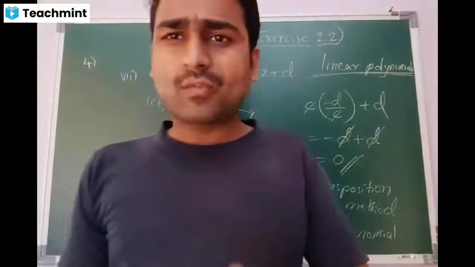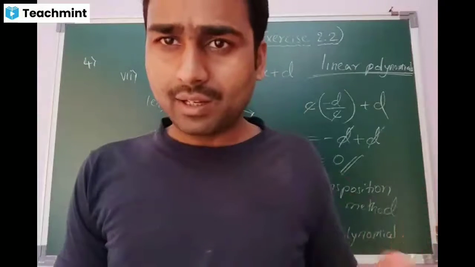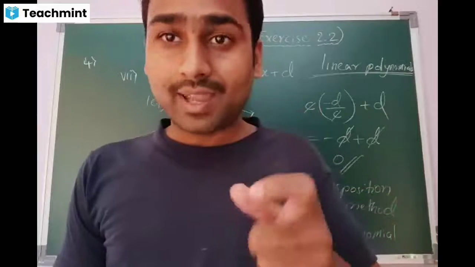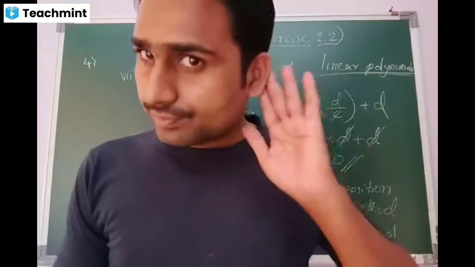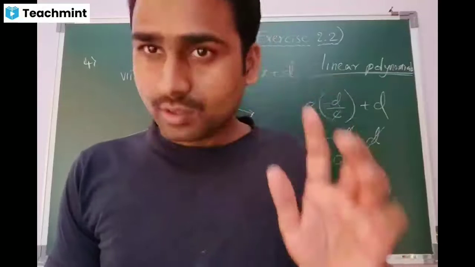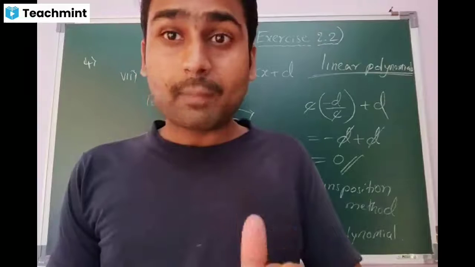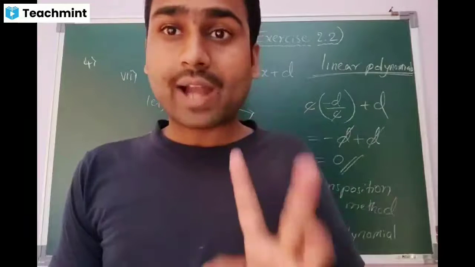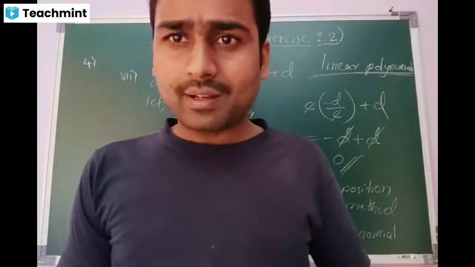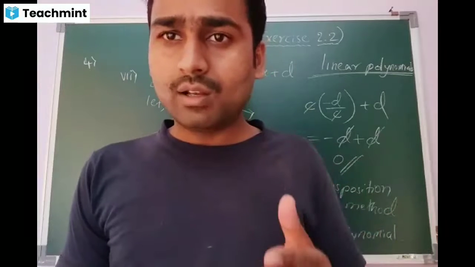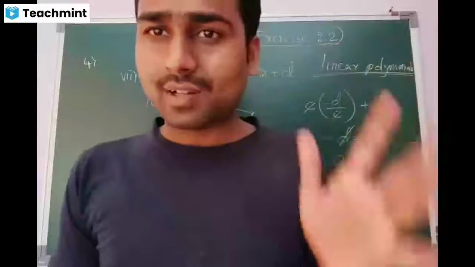Okay, but I feel this is sufficient today because we have ended exercise 2.2 completely. Regarding the next concept, beta, what is the next concept according to the syllabus? Division algorithm for polynomials, and then the remainder theorem. Afterwards, the factor theorem. This is a very important concept, beta. The division algorithm for polynomials we will start tomorrow in the next class. Is that clear?